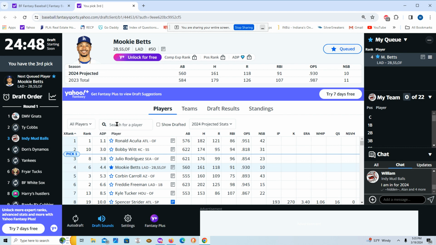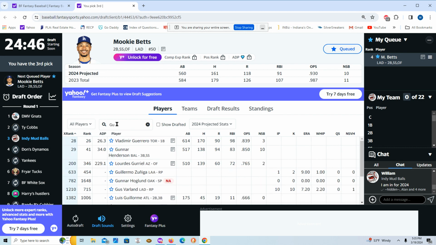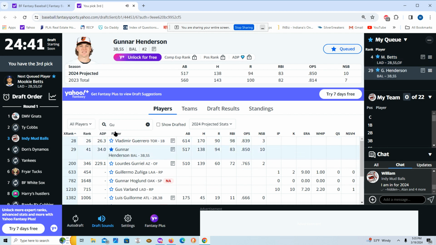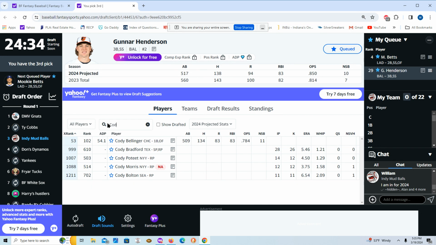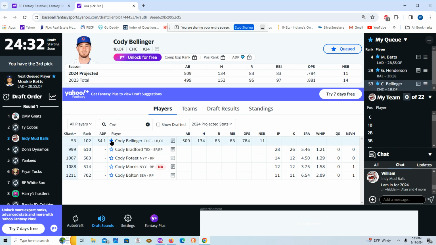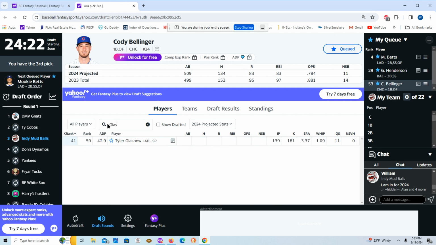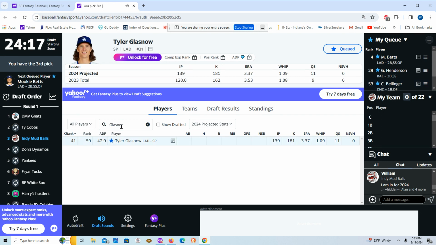Like I'd like to get Gunnar Henderson. And you'll see just a few letters and he pops up. And so I can do that. And then I like Cody Bellinger. I'd like to get Cody if I can. My next one that I'd like to get is a starter, and my preference would be Glasnow. If I can't get Tyler, then I want maybe Lopez of Minnesota, Pablo,